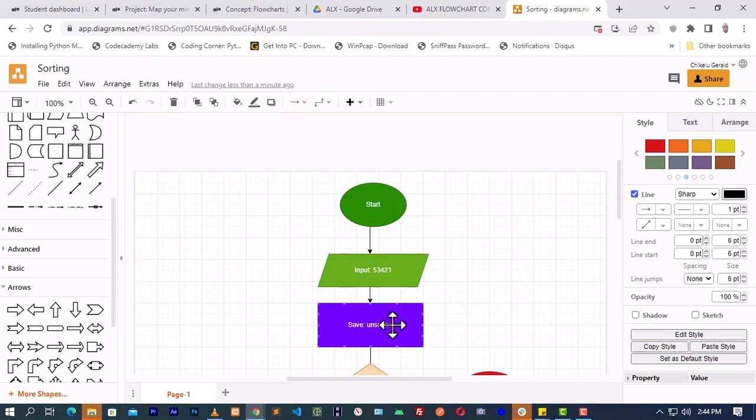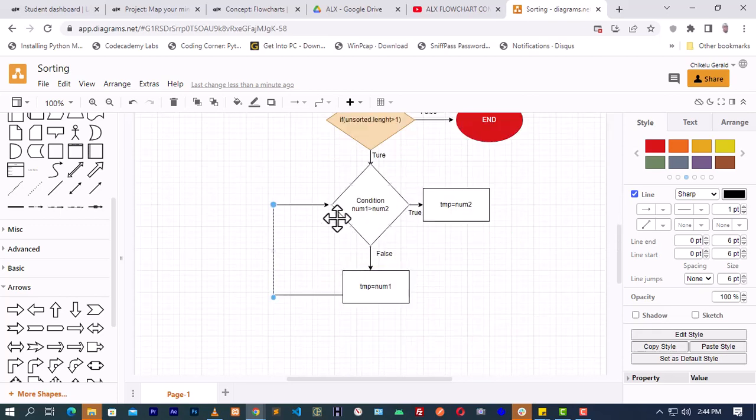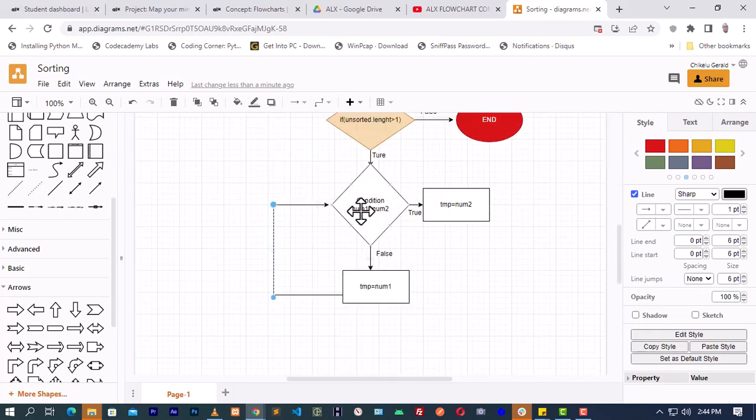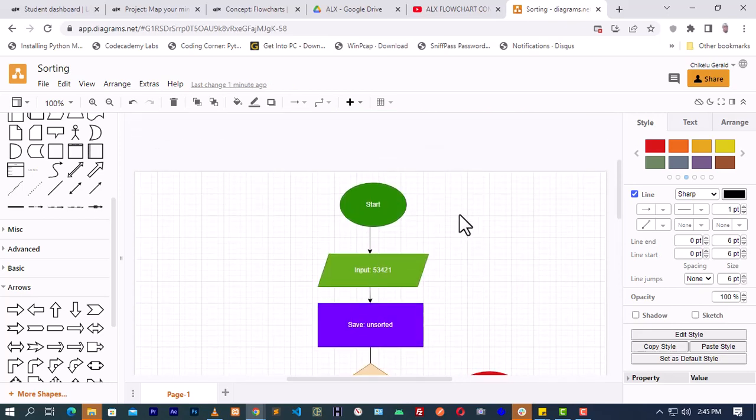So the next loop is going to check 5 and 4. Why? Because the previous check, that is the first check, was number one is greater than number two. So number one is 5 and number two is 3. If 5 is greater than 3, which is true, it will take number 2, which is 3. So 3 is going to disappear from the line. So the remaining numbers will be 5, 4,